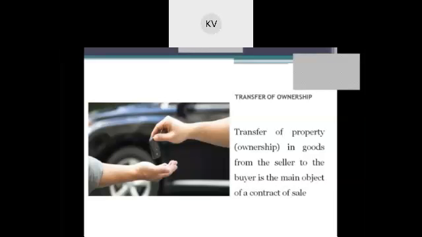Property in the goods means ownership of the goods, while possession of goods refers to the custody of goods or control over the goods. For example, A may possess a watch. Just because A possesses that watch, he cannot be the owner. He might have borrowed the watch from his friend, or stolen the watch from somebody, or found it on the highway. In this case, he cannot be called the owner. It is important to know the precise moment of time at which the ownership in goods passes from seller to buyer. Okay.